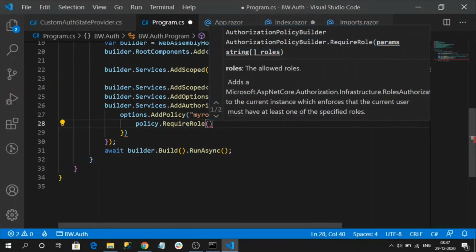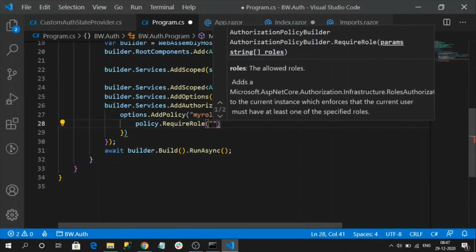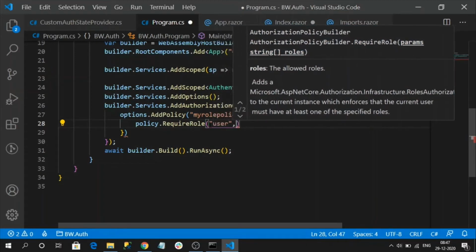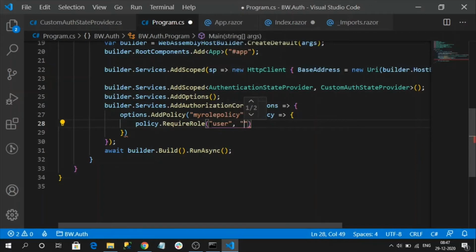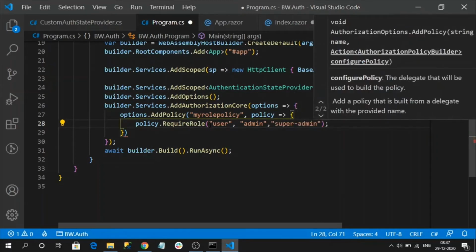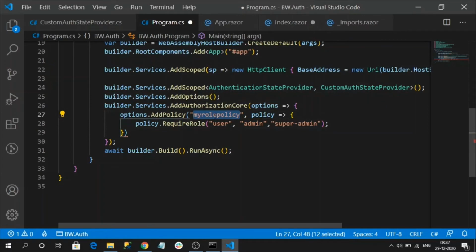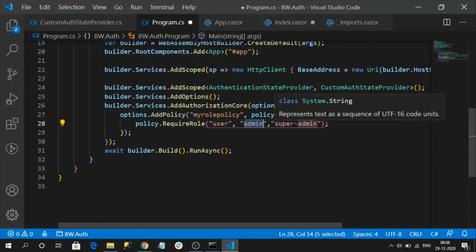So we can pass any number of roles like user, admin, super admin. It also works like this: when we use this policy on our authorized view, it will check that at least one of its grouped roles should match with the user role.